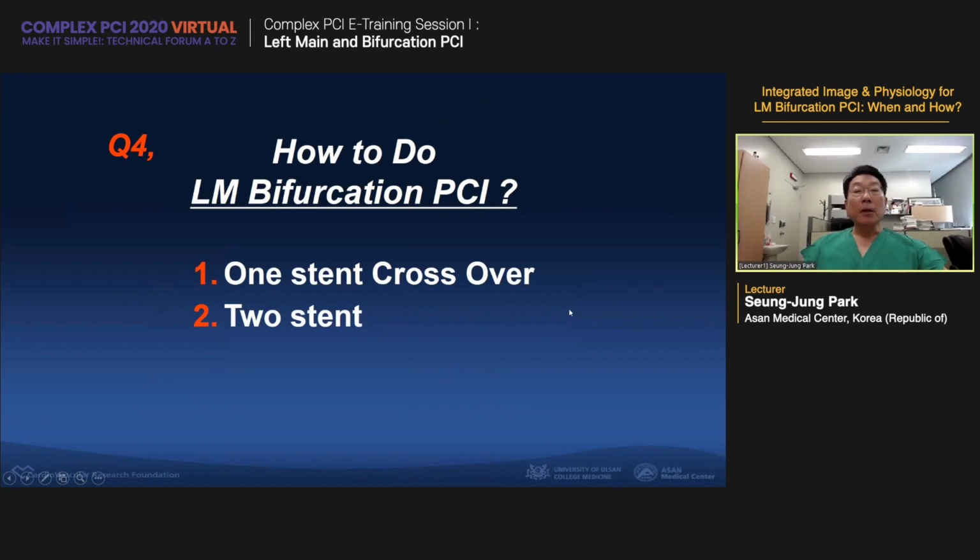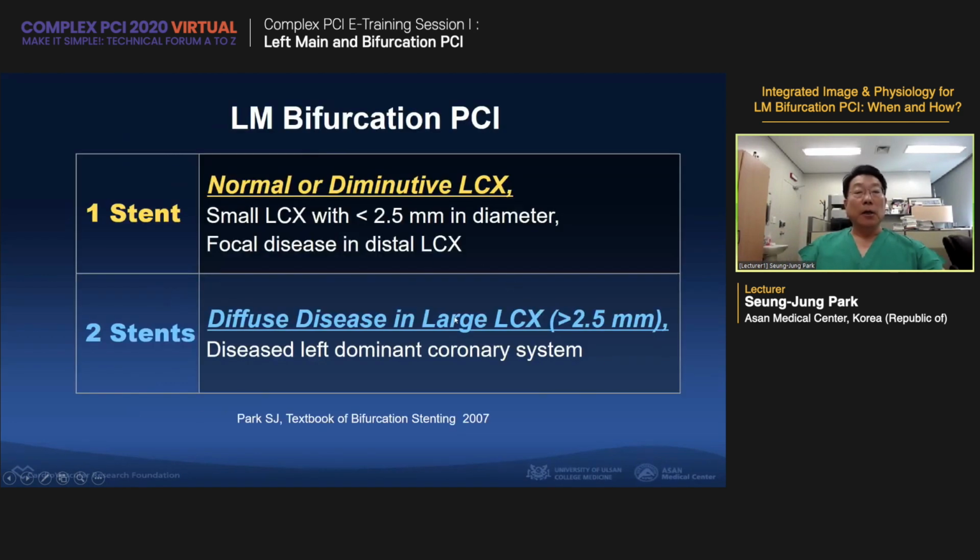So, all right, practical concern. How to do the main bifurcation PCI. One stent crossover, whatever bifurcation disease, or 2 stent crossover, and multiple 3 stent for the side branch concern. 1 stent in case of a normal or diminutive circumflex, a small circumflex less than 2.5, and we can